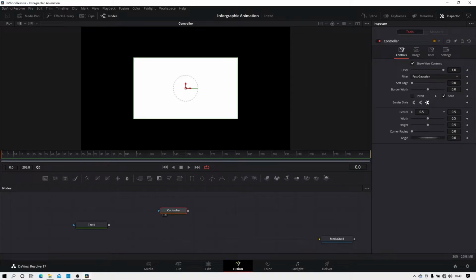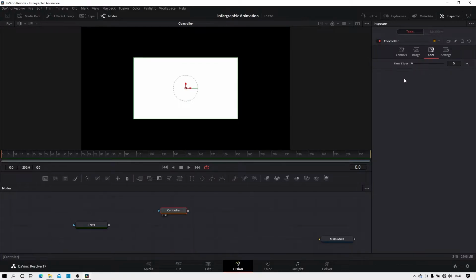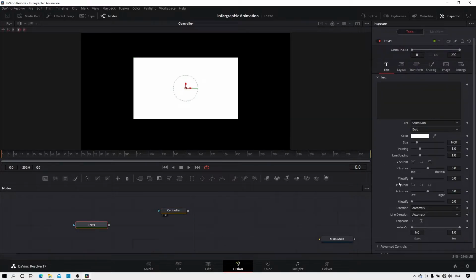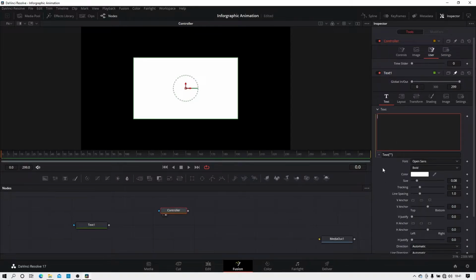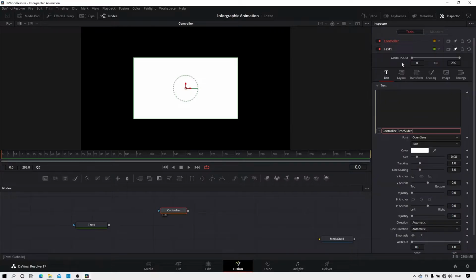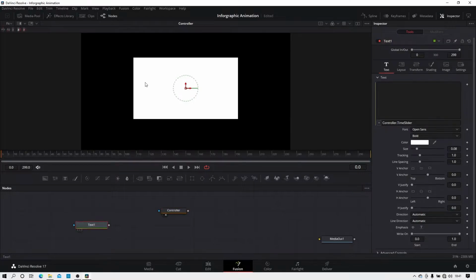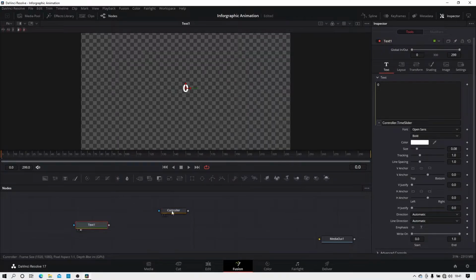Select the controller node and go to the inspector window, go to the user tab and here we have the time slider effect. This is going to help us to add animatable numbers. So click on this text node and go to the inspector window and check on this pin button to pin this property on the inspector window and select the controller node. Now we have to connect this text 1 with this time slider. For that right click over here, select expression and connect this with time slider, and unpin the text 1 from the inspector window and drag the text 1 to the viewer and select again the controller,